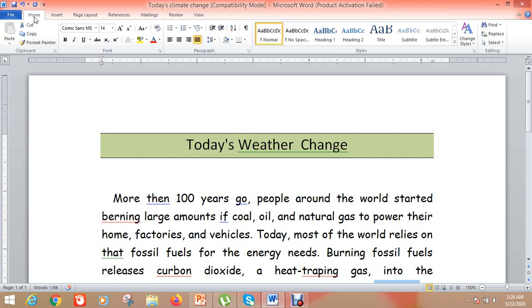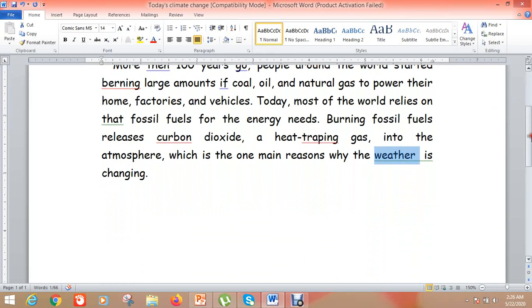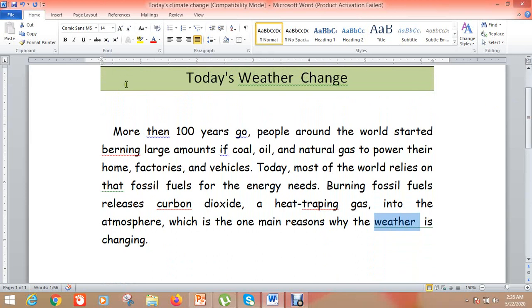Before that I want to tell you that there are 3 types of mistakes in MS Word. When you go through the document, you find that there are different underlined words with different colors. What do they mean? Each underlined wavy line means a different mistake.